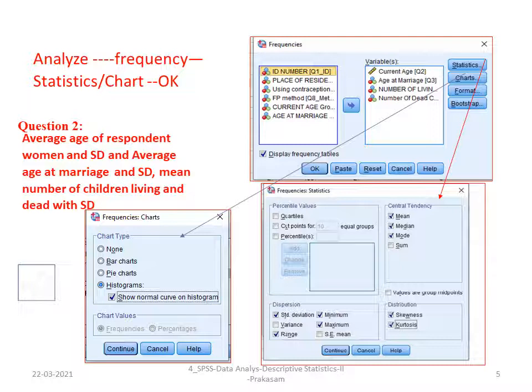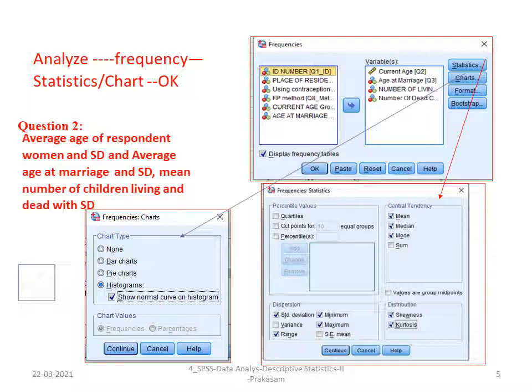Then at the right side there are a few buttons: statistics, charts, format, and bootstrap. Down below you will find display frequency table, OK, paste, reset, cancel, and help. Therefore, when you click statistics, the frequencies statistics window will come.